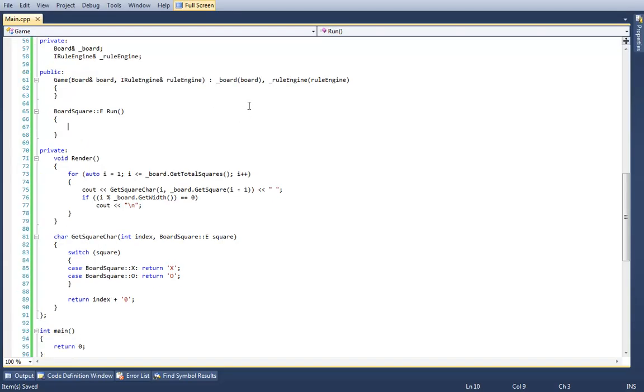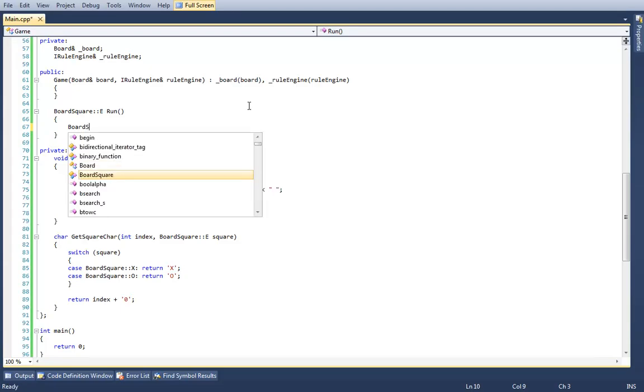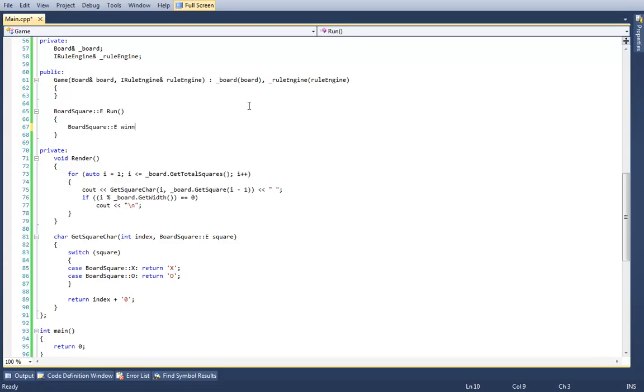Let's go ahead and implement our run. Our run's going to be very, very straightforward. So we have two enumeration variables, winning player and current player.